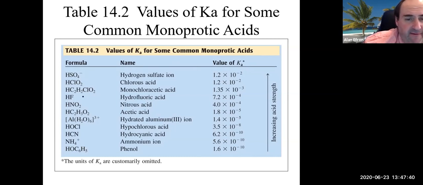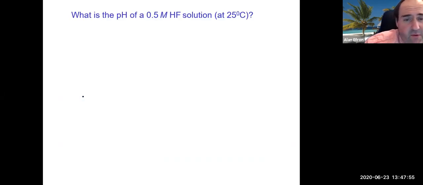And here's a table from, I think, your book, or a version of your book, and some Ka values. You may have to look them up on a table to do certain problems. They may not always be given to you in the actual problem, but you can look them up in the table. So how do we solve weak acid problems